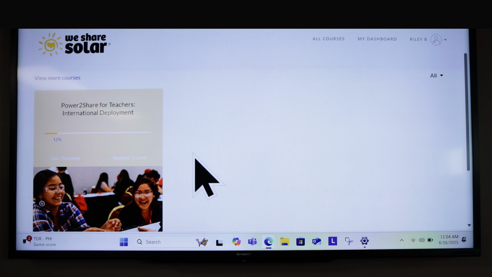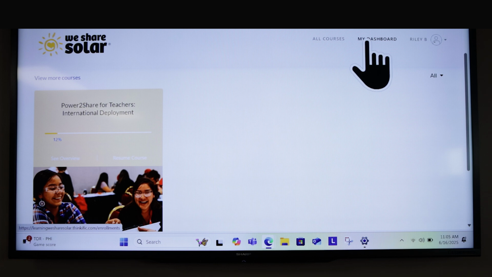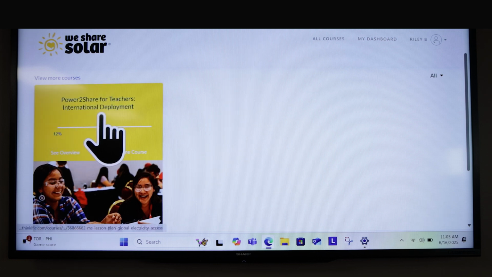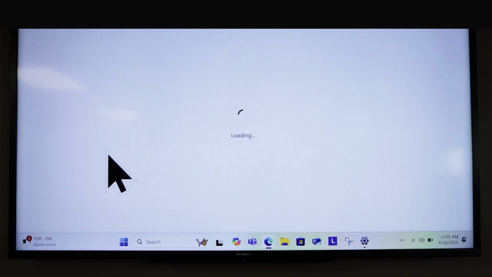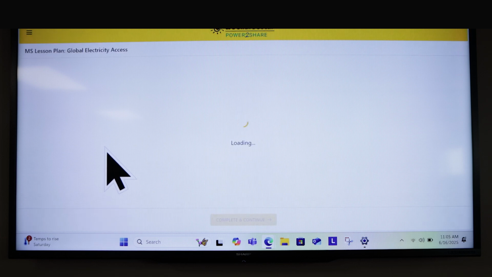We Share Solar has an entire collection of curriculum that you can use. To get there, you go to We Share Solar's website and you'll have to make an account with them. And when you go to your dashboard, you can see all the courses you're associated with. So our school had gotten into the international deployment, but what this looks like is their entire curriculum is set